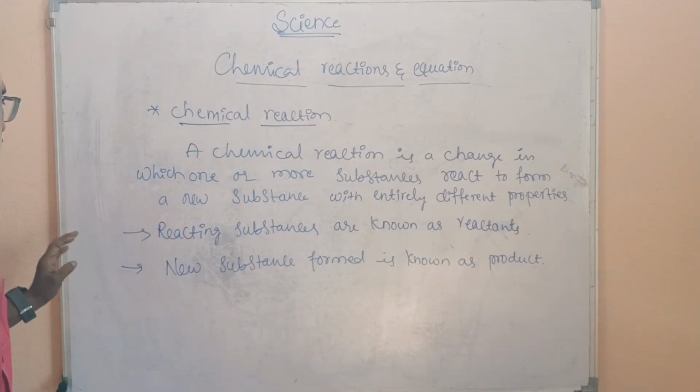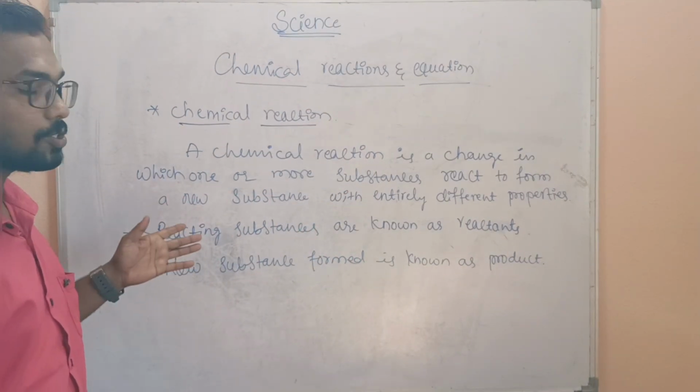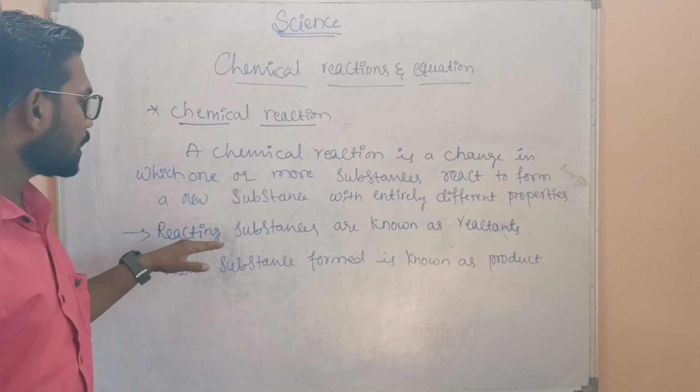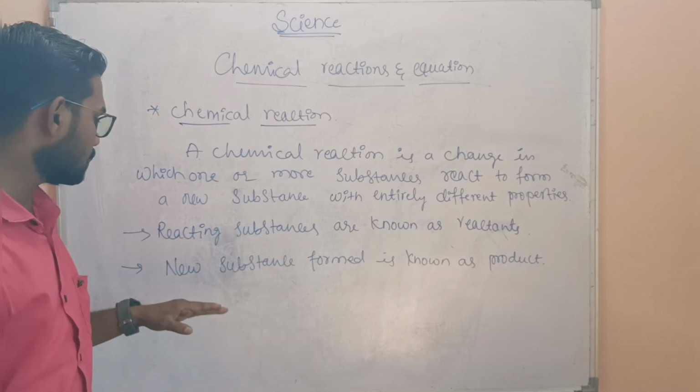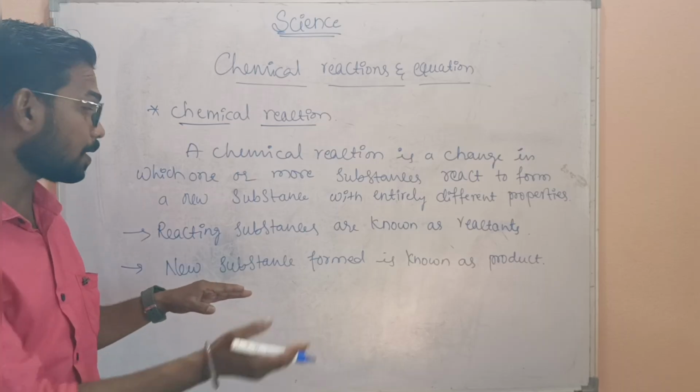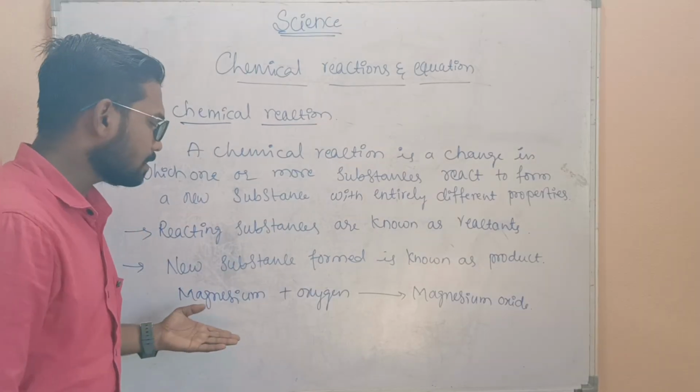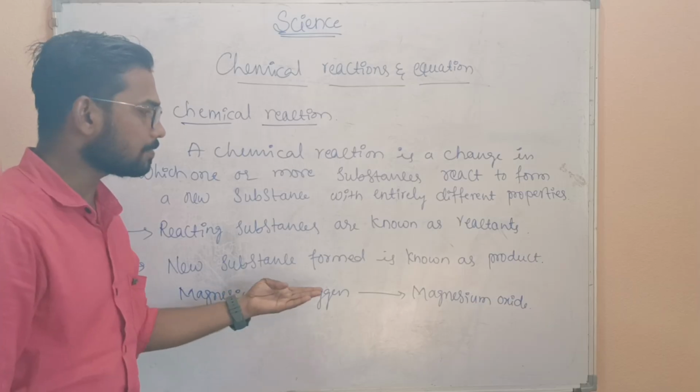So these are the two very important topics that you need to remember in the chemical reaction. That is, reacting substances are known as reactants, and the new substance which is formed by the reacting substances is called the product. Here we can see that the magnesium is going to react with oxygen and